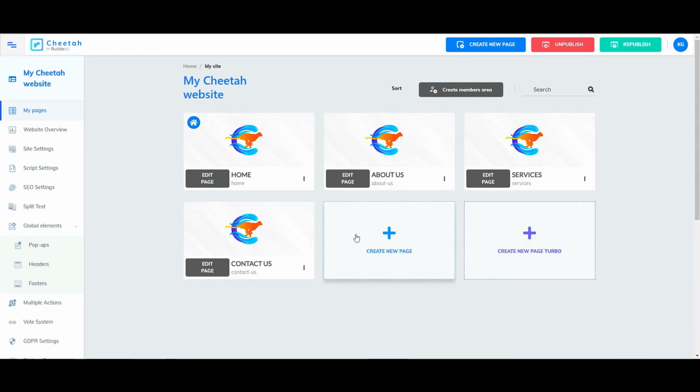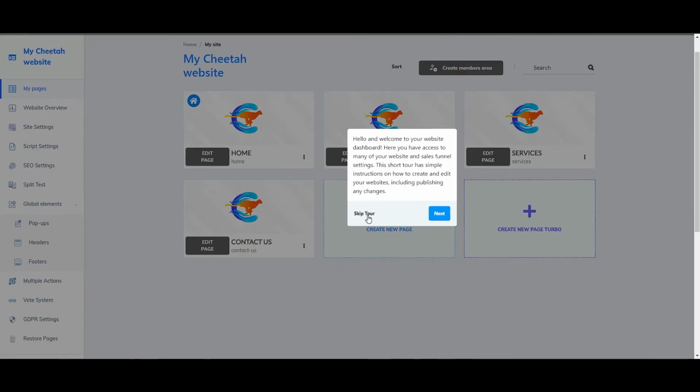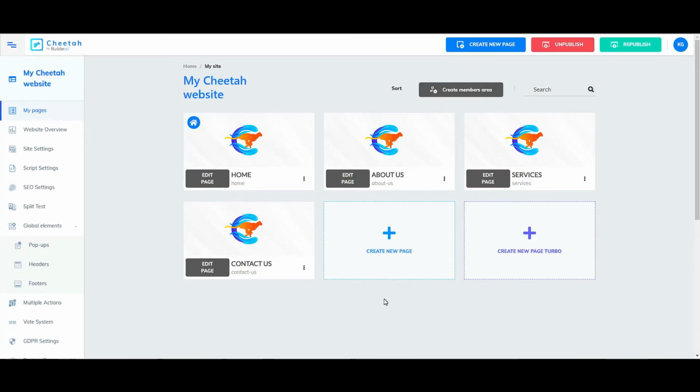Okay, so once you select it, you will have a tour actually, so you'll know what to do or where to go, but I'm gonna skip that because I'll be showing you that anyway. So once you select a template, you will be greeted with this website, and these are the pages that were already added and that you need to edit for your